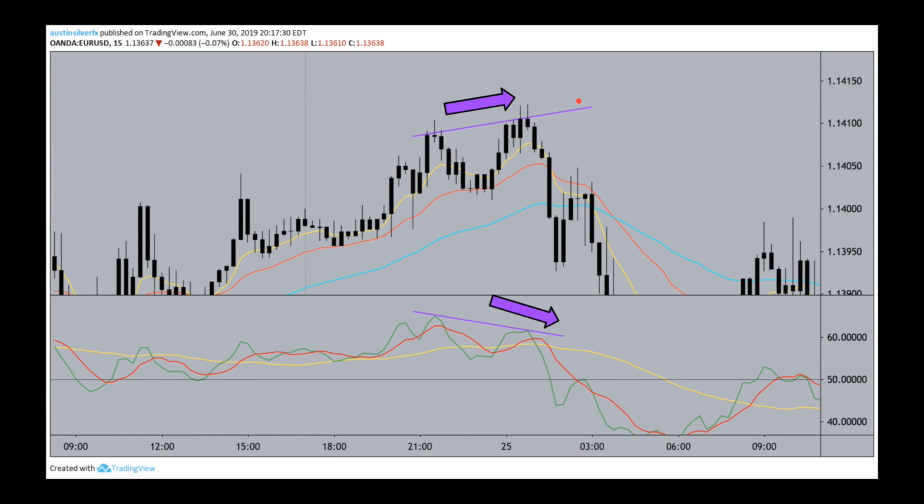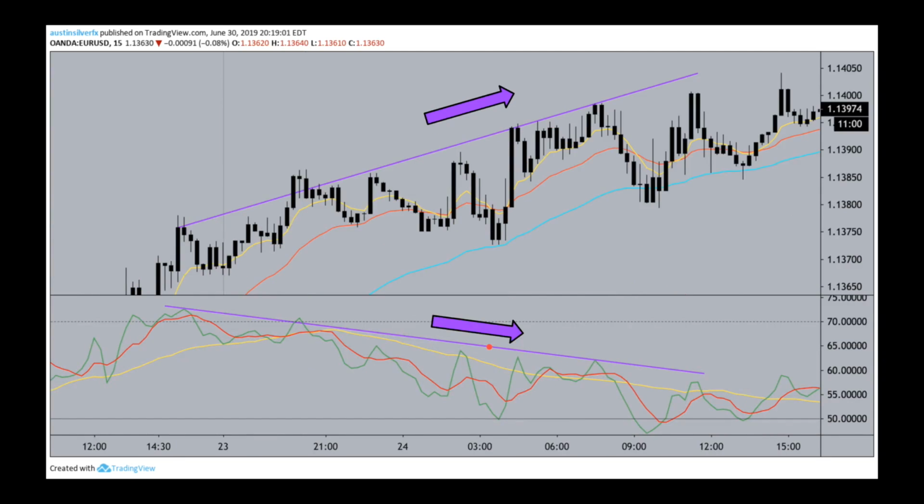That creates divergence where price action is moving in one direction and the RSI is moving in the opposite direction. And where does this end up going? Lower, because the TDI does not lie. Again, another example here. The RSI is falling all day, and it just kind of chops its way very slowly upwards, and that itself is divergence.